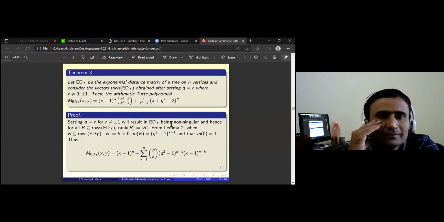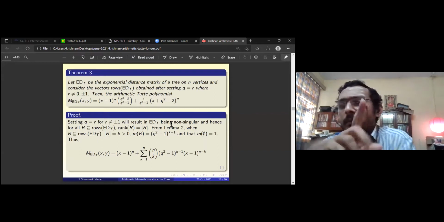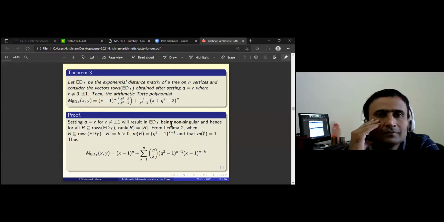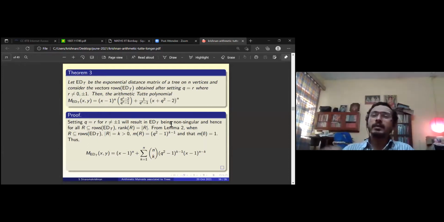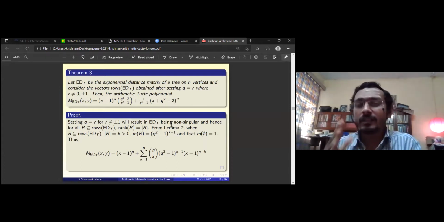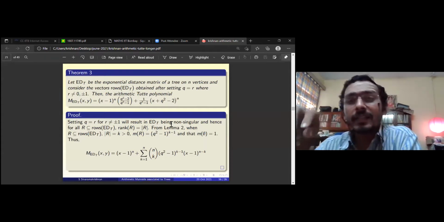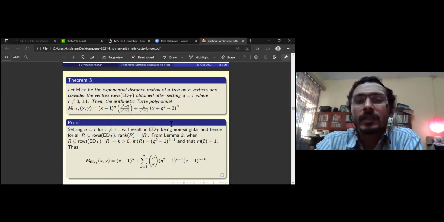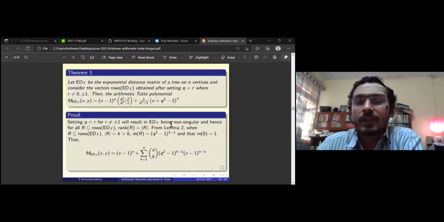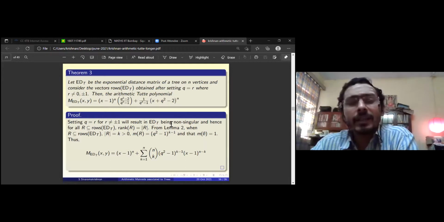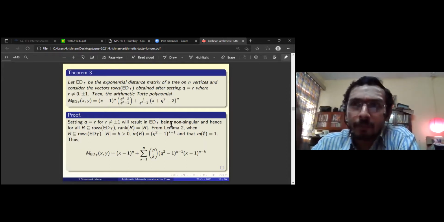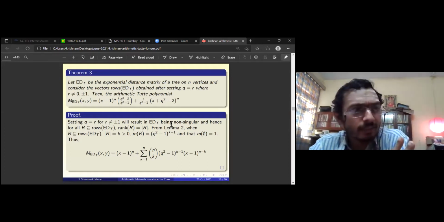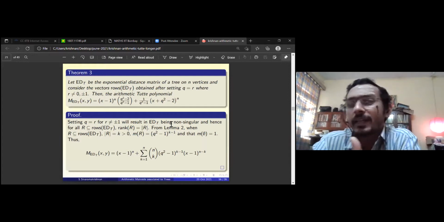Is there any reason? Somehow in this lattice theory, I'm used to the integer lattice, but there are some people who study lattice theory, and by lattice I don't mean this. Lattice is also used for a poset which has some meet and join. That's not the lattice here. This lattice means a discrete subgroup of Zn. In that setting, they say this multiplicity term matches what is called multiplicity, which is studied by lattice theorists. I don't know much of lattice theory myself, but they say the GCD of maximal minors turns out to be what is called some multiplicity, and I don't know enough of this. That gets into some arithmetic geometry, which I don't understand.